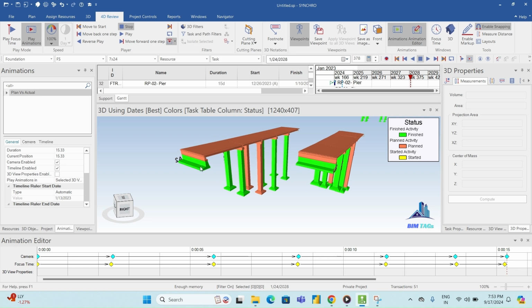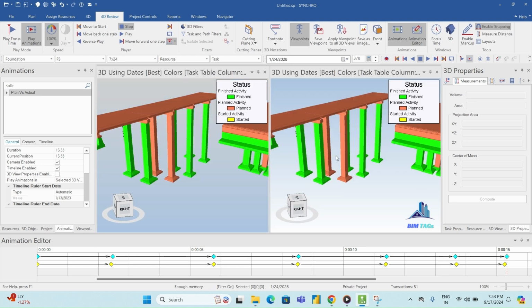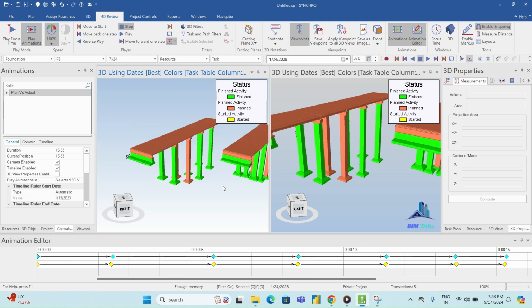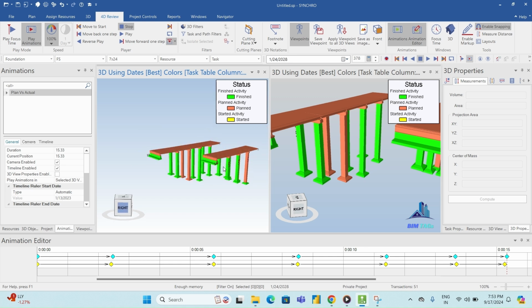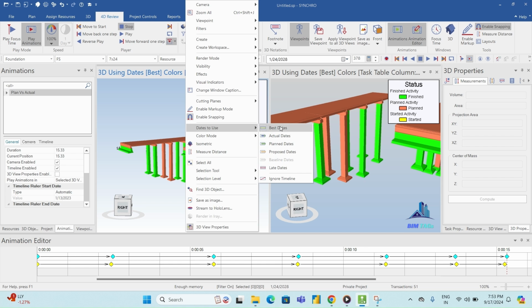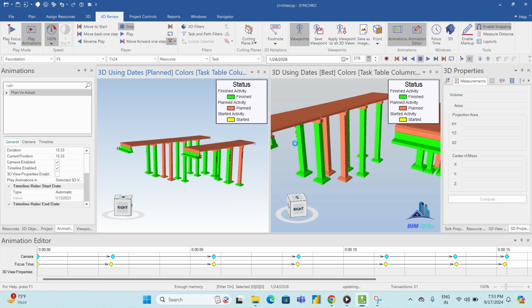Okay, now click on 3D view. In left hand view, right click and date to use, click on plan dates and click on right hand view,